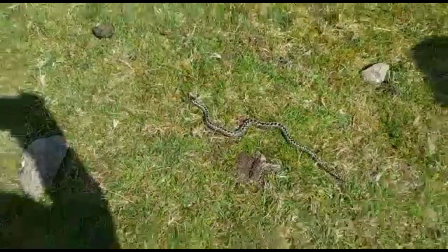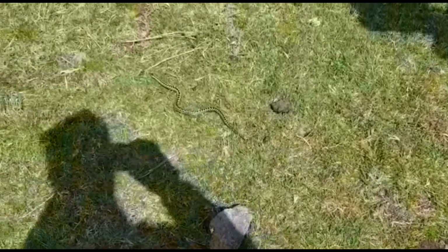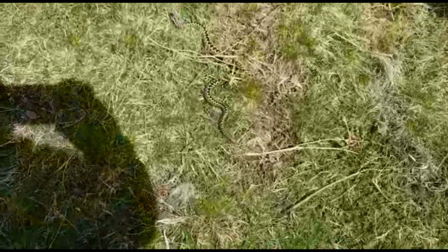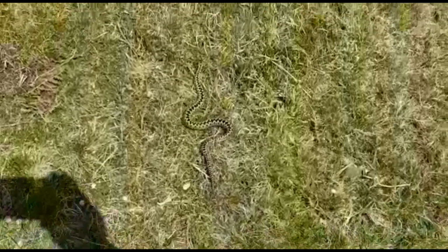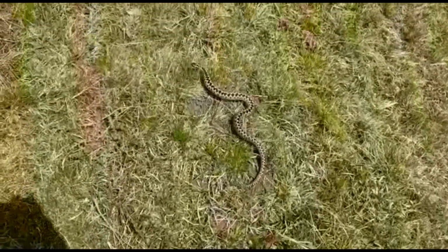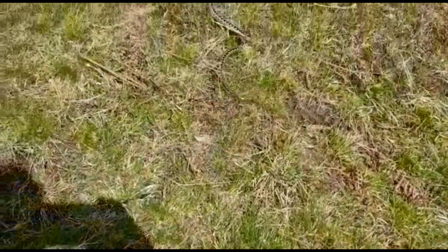So there's one of our native snakes, an adder. Absolutely fantastic spot here. Classic sort of diamond pattern. The way he moves over the grass, amazing. Brilliant. Just watch him there, John. Ah, he's happy. Oh, well, we'll take